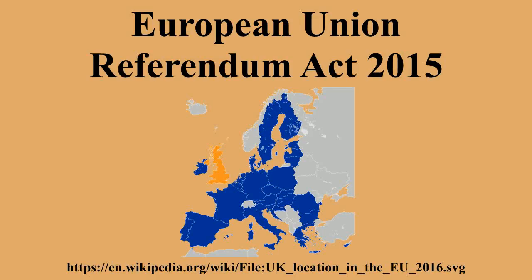The referendum must be held no later than the 31st of December 2017. The referendum cannot be held on the 5th of May 2016 or the 4th of May 2017. The Electoral Commission will be the public body under the terms of the Political Parties, Elections and Referendums Act 2000, which will raise public awareness ahead of polling day and oversee the conducting of the referendum.